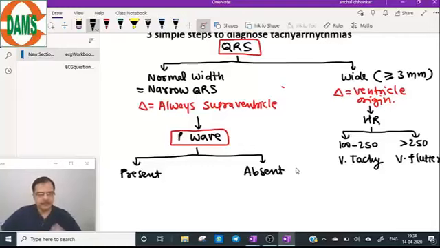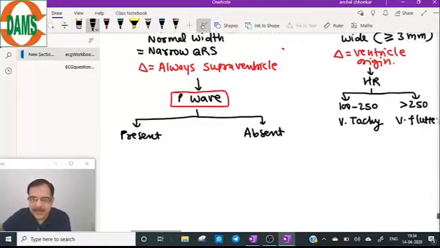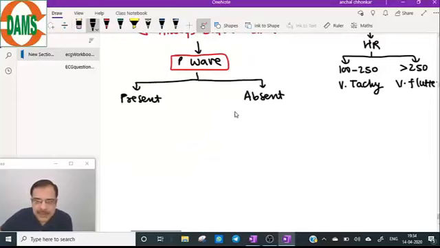If the P wave is absent, and it is a case of fast heart rate, a case of tachyarrhythmia, think of two diagnoses. Either it could be atrial fibrillation or it could be PSVT. These are the only two conditions where the P wave will be absent, but QRS should be present and normal, a narrow complex.